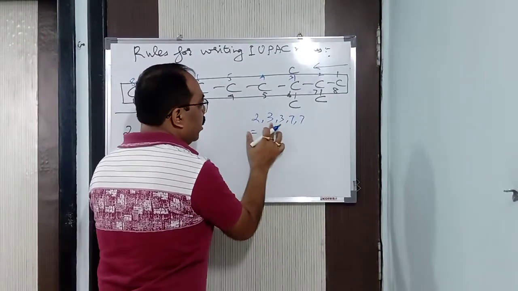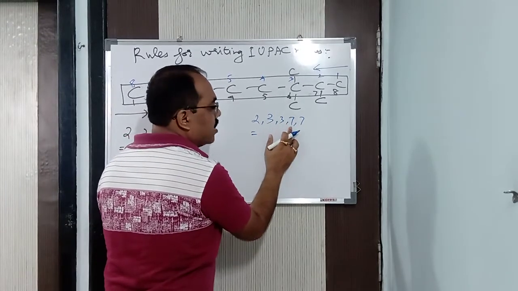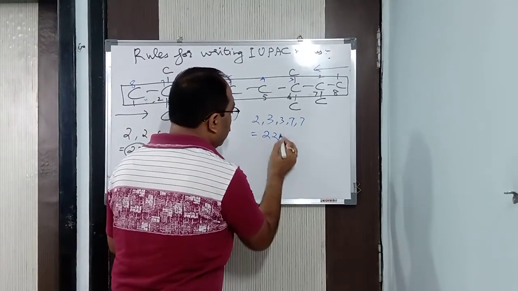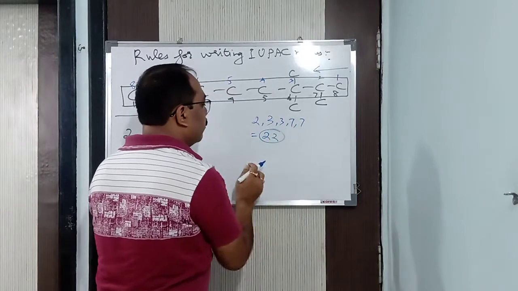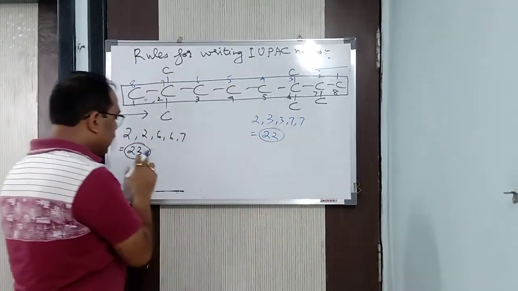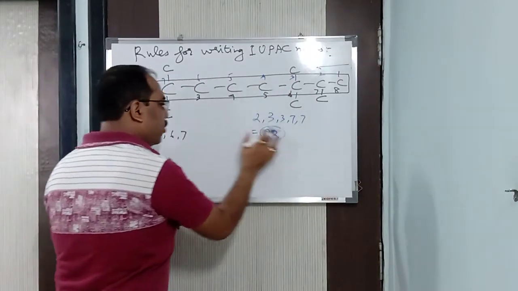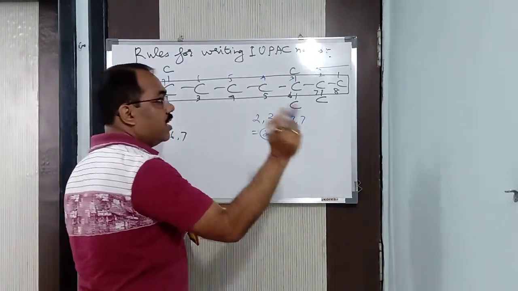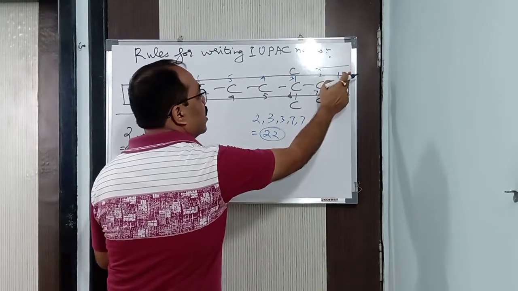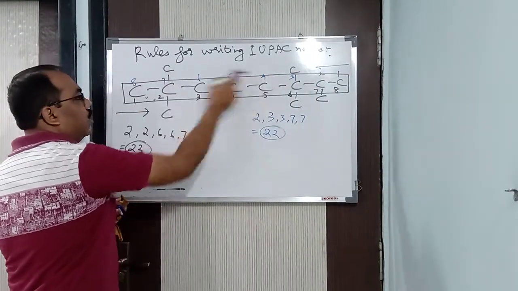Now we'll do the adding. Total sum. 3 plus 5, 5 plus 3, 8. 8 plus 7, 15. 15 plus 7 is 22. So according to the lowest sum, this is the smallest number and this is the biggest number. According to the lowest sum rule, this is 22, this is 23. So you will say, sir, from which direction? I will do the counting from this direction, that is from the blue side, the upper one.